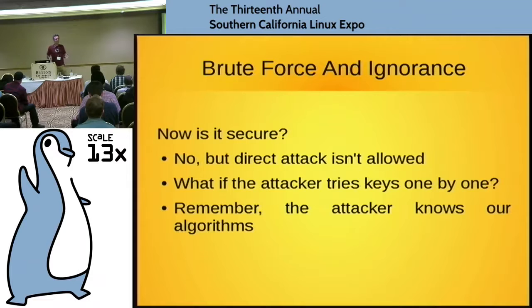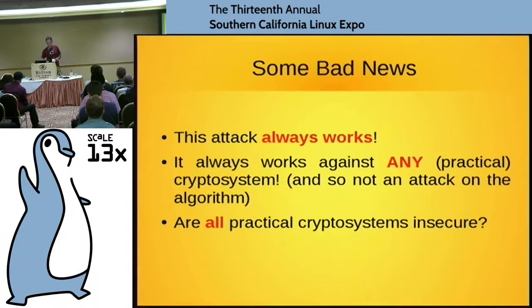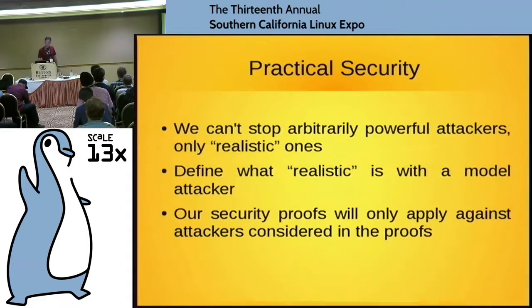Now, he can do that because we've already taken the oath, algorithms are not secrets. So he knows this algorithm. And I've got bad news for you. This always works, always. Well, the really bad news is it works against every practical cipher. It doesn't matter who designed it, it doesn't matter if the NSA designed it, it always works. Which brings up the rather disturbing question of whether we actually have any secure ciphers at all. Fortunately, we do.